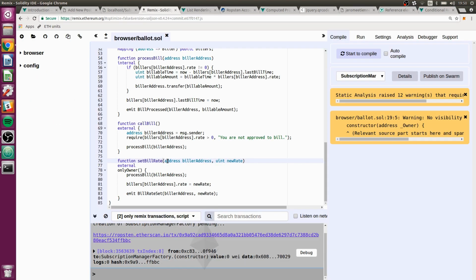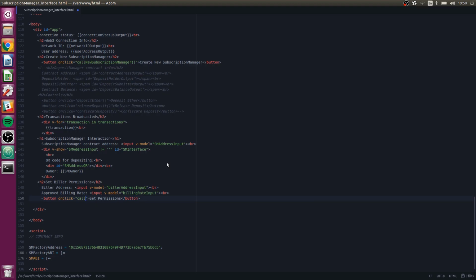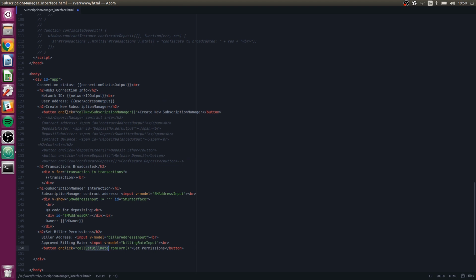What is the name of the function here? Set bill rate. So here, this is a bit of a mouthful. Set bill rate is the smart contract function, and just like earlier with our creation, I mirrored the name of the smart contract function, and I just put